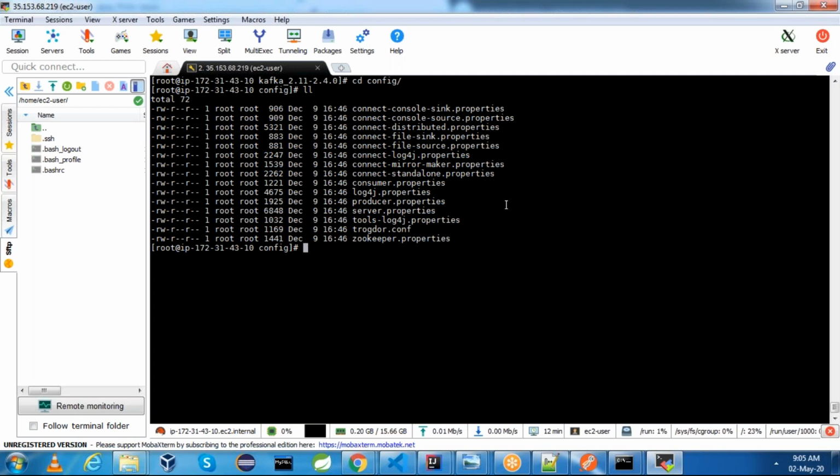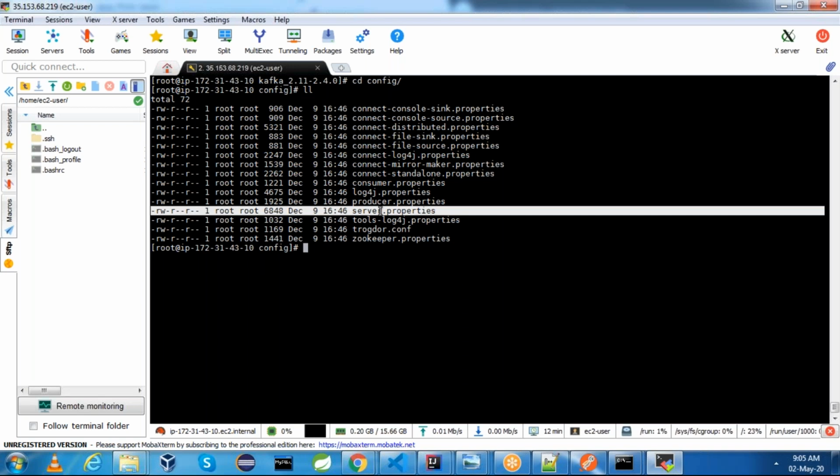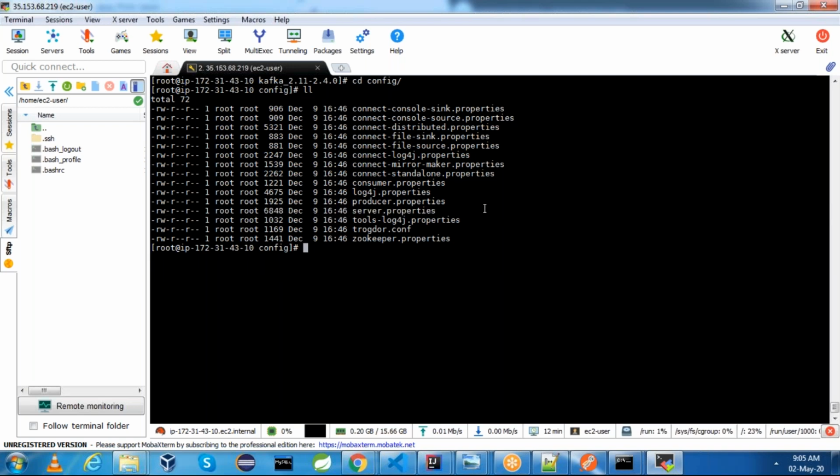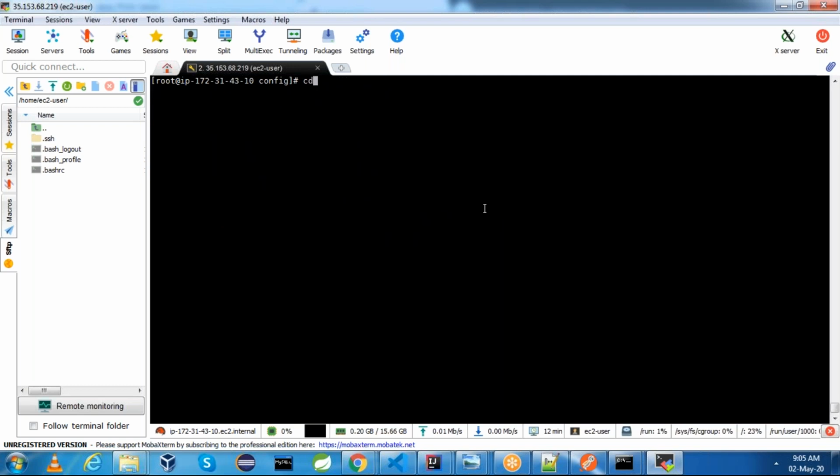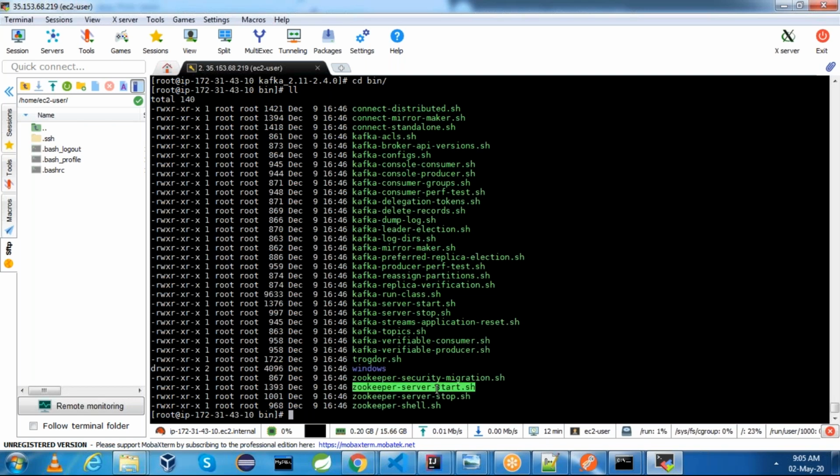But when I'm doing the multi-node cluster in the next video, I'm going to change server.properties so that I can add the other nodes' details. Next, go to bin. Here you have zookeeper-server-start and you have kafka-server-start. These are the two shell script files which we are going to use to start the cluster.